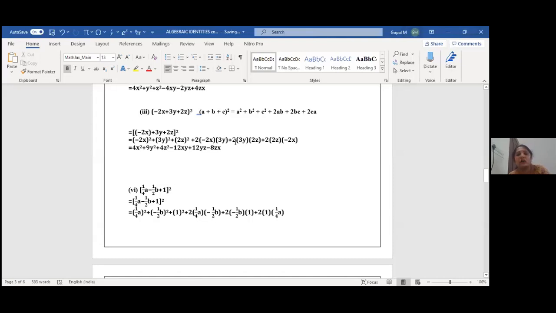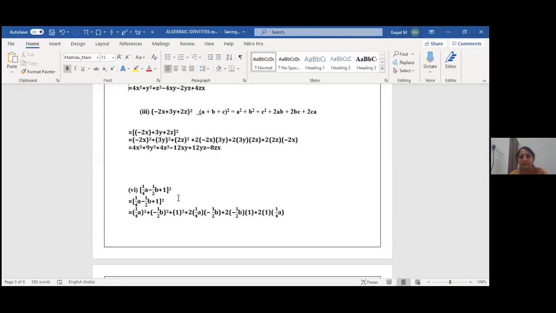Same thing in the fifth term. First I'll multiply the sign and all are positive. So here plus. Next we need to multiply the constants. 2 3s are 6. 6 2s are 12. Next last term. There is a negative sign. Plus into minus, minus. Then I'll multiply constants. 2 2s are 4. 4 2s are 8. Then variable z into x, zx. Any doubt here, children? No, ma'am.